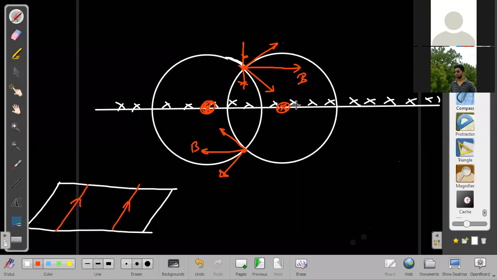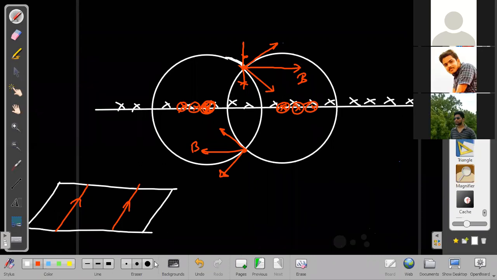But I have chosen just 2 points. I can take here one more and one more here and one more here. And by choosing several such elements, the direction will finally remain the same only. So overall above it, the field is along i cap, and below it, the field is along minus i cap. Now onwards, if I have to determine the field, then I will just do it directly like this. I will take one circle only, and on one circle only, I will find out the field. Above, the field will be right side, and here the field will be left side. And by that only, I will get the direction of the entire sheet also, just by taking one little wire at the center.